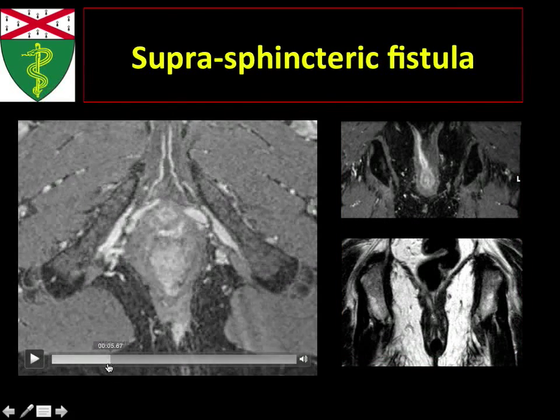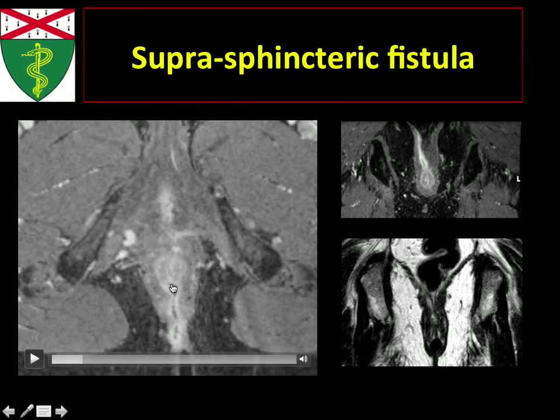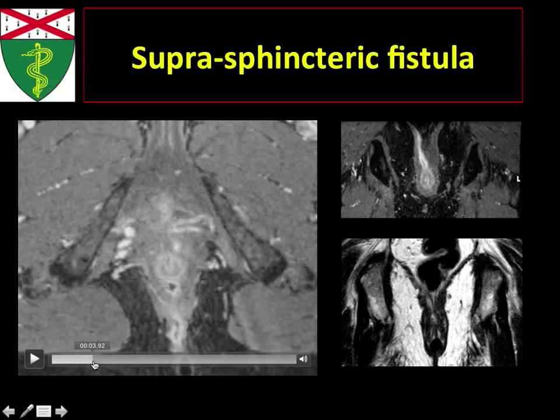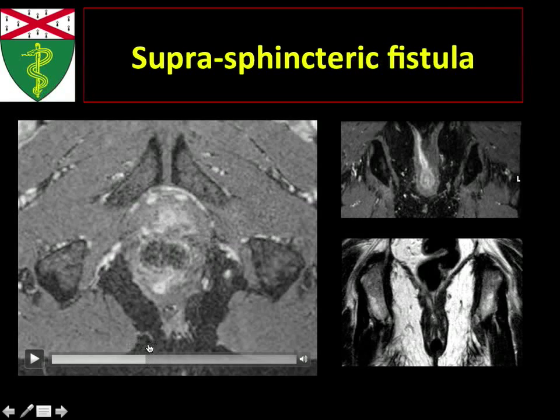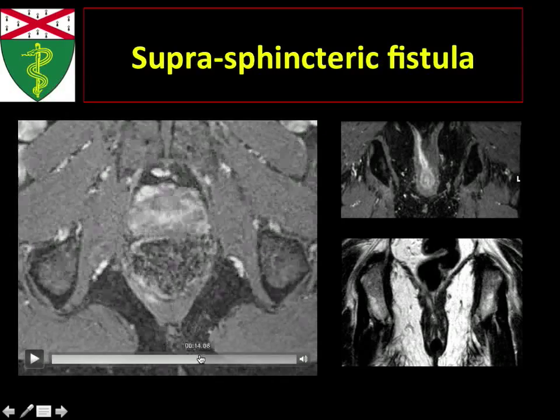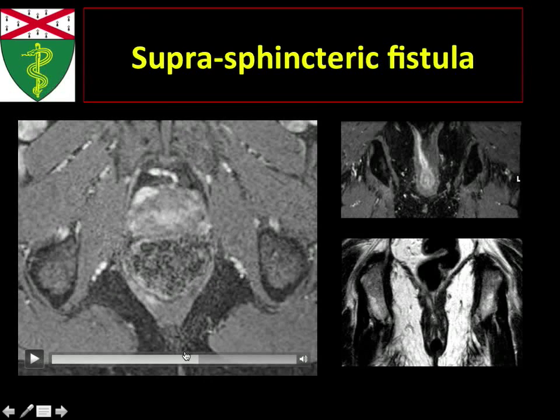And so again, we don't see too many of these that common. This was one that we saw where you have a fistula from right, I think 6 o'clock, 7 o'clock position. One tract goes downwards, it's an intersphincteric tract. Let's follow the other tract, going upwards, and up and up and up like this. And this is the levator plate that's coming in over here, and going all the way and abutting it. And I don't think this one went right through it, so I don't know if I can technically call it a supra-sphincteric fistula, but certainly you would say that this is an intersphincteric fistula with a tract that goes upwards and